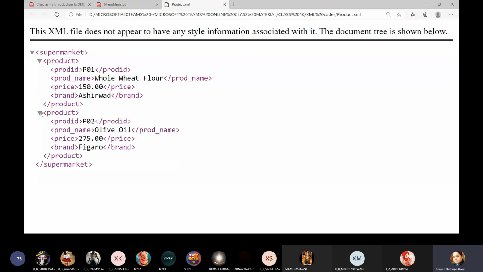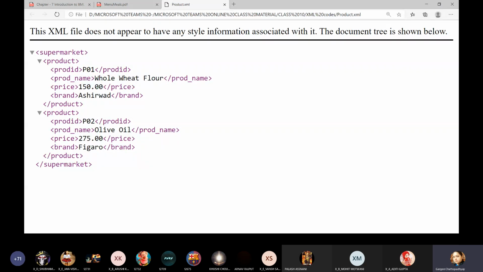Each product contains certain elements: it will have product ID, product name, price, brand. Similarly, the second product will also have all these things. Any application which wants to display a list of all the items will pick up the data from here. The data appears in a different color and the tags appear in a different color.